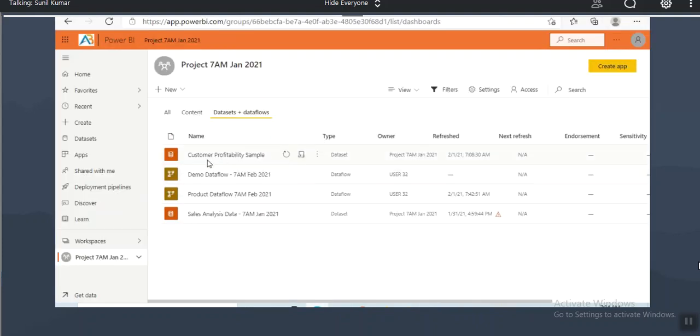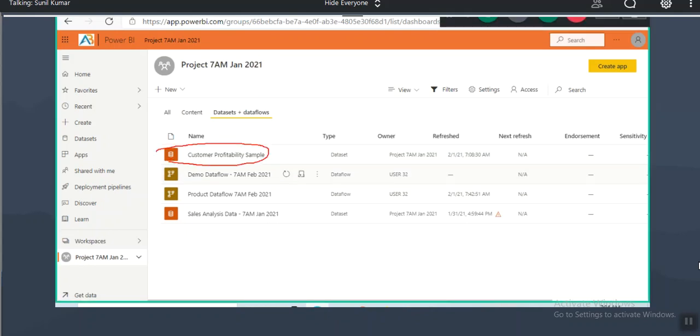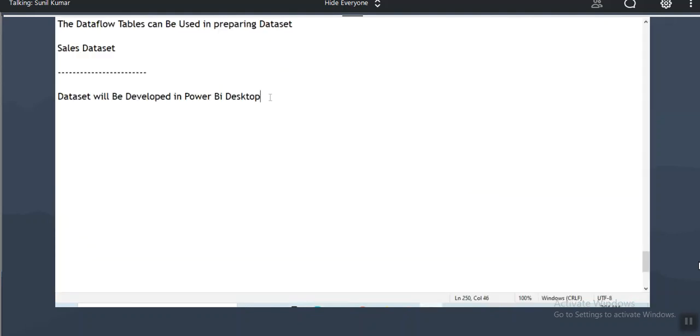If you want to create multiple reports on the data set, we'll add the data set to the project workspace. Once the data set is there in the project workspace, we can connect to this data set from Power BI desktop and create multiple reports on it. To create multiple reports on a data set, we will publish the data set to the project workspace.